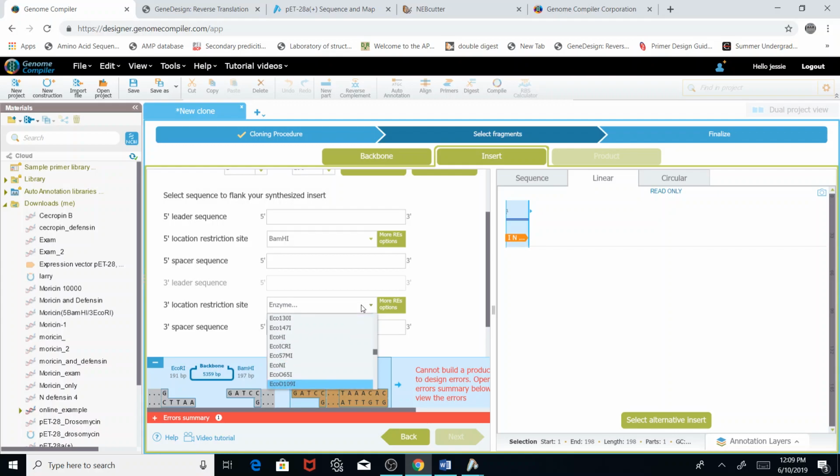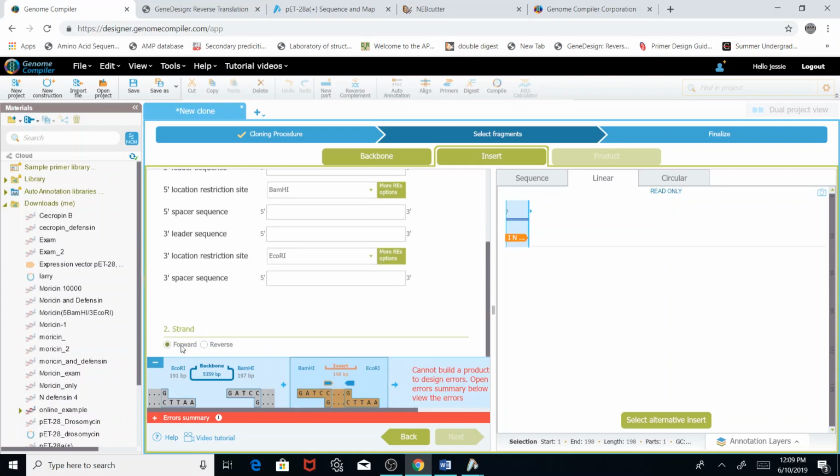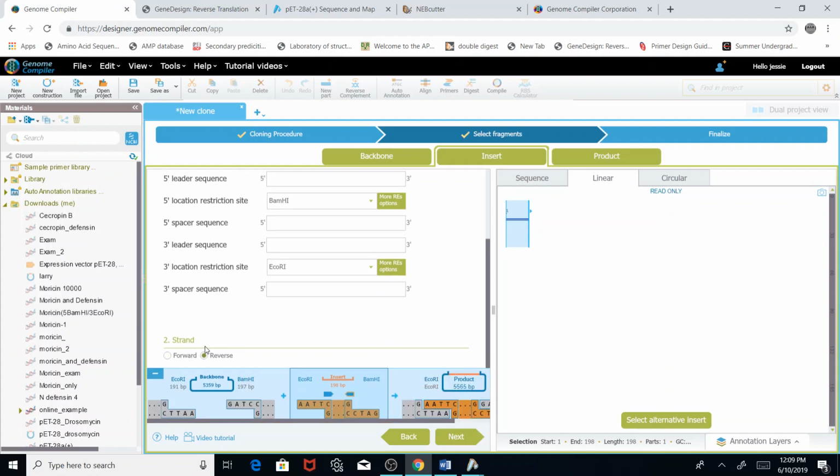So we'll scroll down to find EcoRI. Here it is, and it's giving us an error. Well, we can fix that. Strand forward. So right now we have BamHI and EcoRI, or you can say that our gene of interest is pointing 5 to 3 for the top strand. We're going to reverse it, fix it,